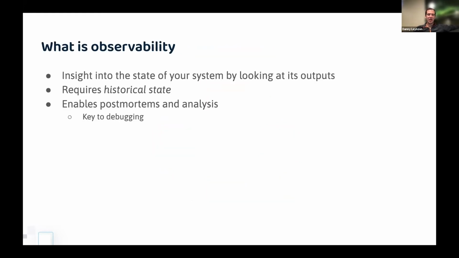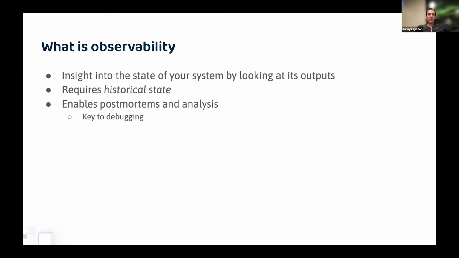So I've been talking a lot about observability, but it might actually be useful to define this term and to dive a little bit deeper into what observability is. So the textbook definition of observability actually doesn't come from MLOps. It doesn't even come from DevOps or from classic software engineering. What it really comes from is control theory. And in control theory, observability is meant to represent insight into the state of a system by looking at its outputs. And looking at its outputs is really the key representation here, right? We need to be able to understand a system based on the thing that it's producing.